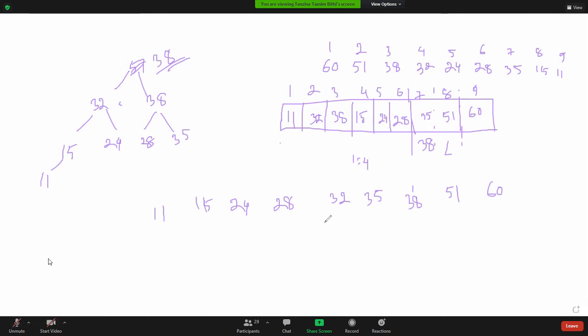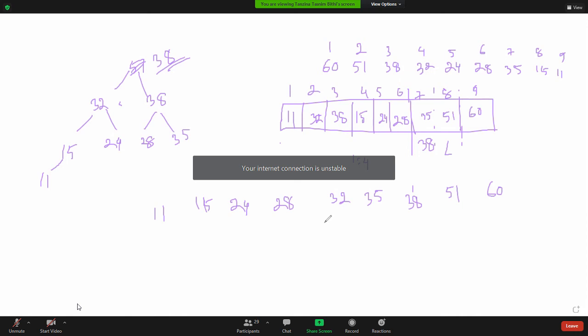Clear, ma'am. Our next topic will be heap sort, and in heap sort we need to use the concept of this max heap and min heap. We have to use that algorithm, max heap insertion and max heap deletion. That's why the concept of this heap tree should be clear to you. Okay, so now in the next class we will start heap sort. That is how we can arrange the nodes in ascending order or descending order by using max heap or min heap tree.